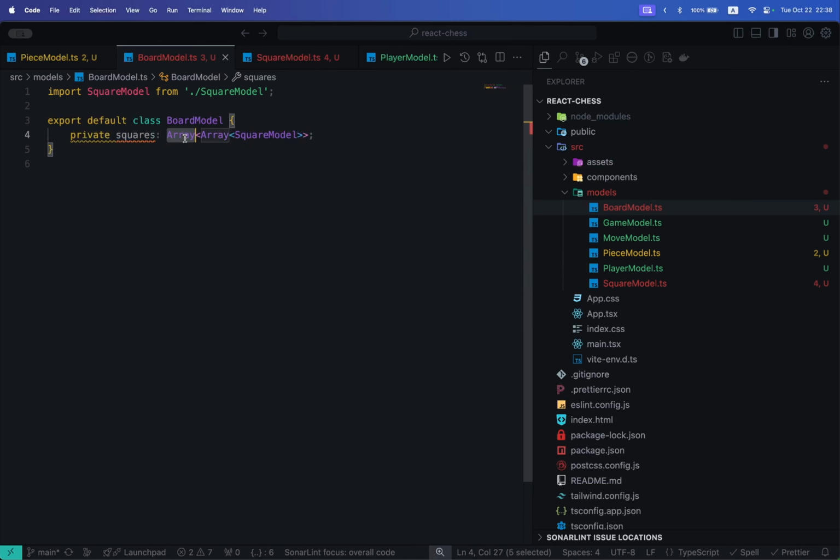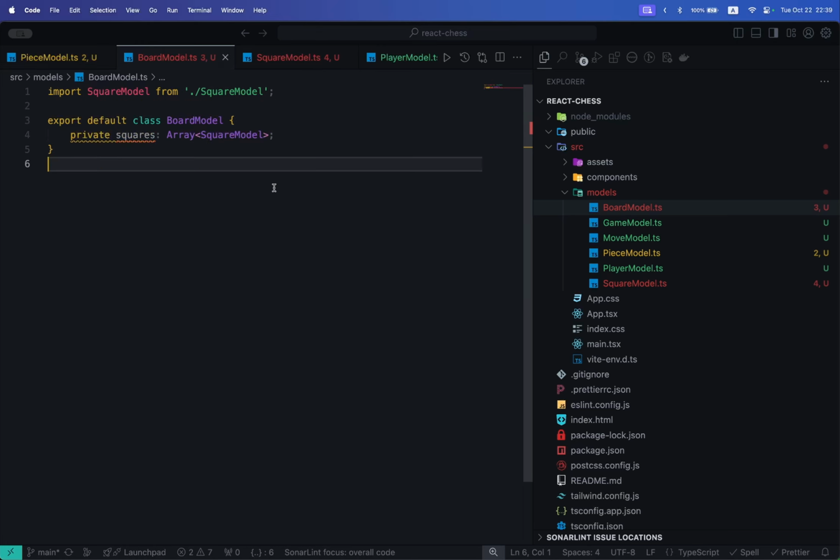A board is an array of squares. Because you have columns, you have rows, it's a matrix, right? It's the most obvious approach to deal with a board. You create an array of rows or columns, however you prefer, and then inside this, each column is an array of squares. However, a chess game